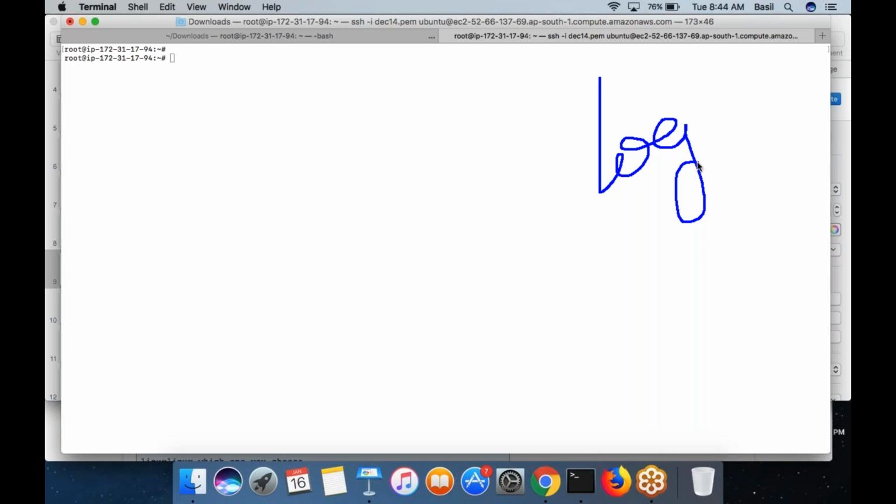So let's say you believe that somebody, without your knowledge, logged into your Linux server. You believe that somebody logged into your Linux machine without your knowledge, and it happened. The incident happened yesterday, and you know that it happened between 11 a.m. and 12 noon maybe.